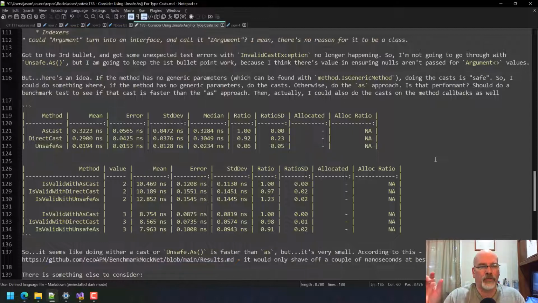Then I did it where I'm actually trying to mimic when you do the int is valid with a true or false result. And it's funny because with the true result, I believe that's the true result, the benefit is actually, it looks like unsafe.as is worse, which makes no sense to me. With when it's a false case, I think that's the true case. I can't remember, but like one case is better and one case is slightly worse. But again, we're talking nanoseconds here. In both cases, the direct cast is actually faster.